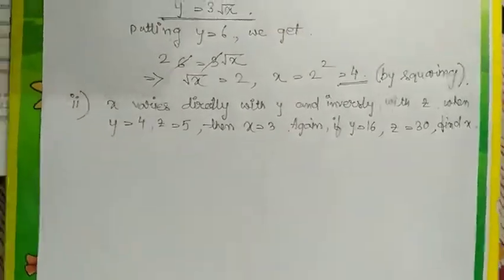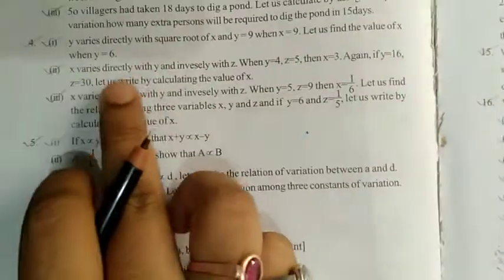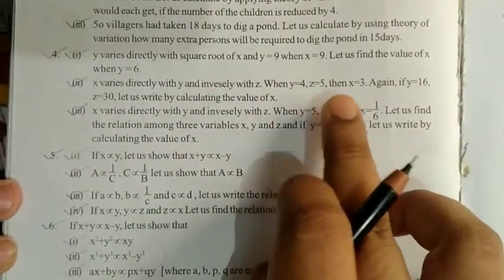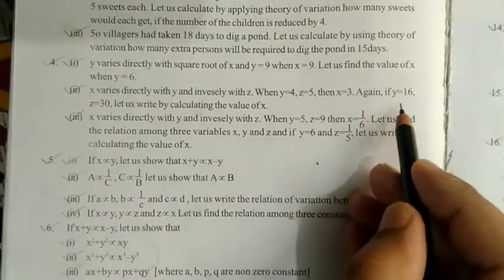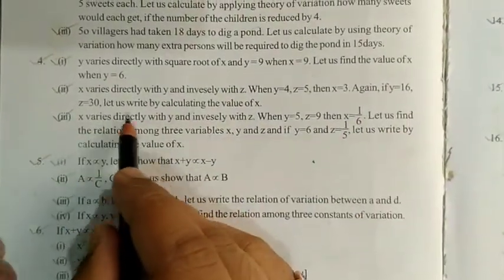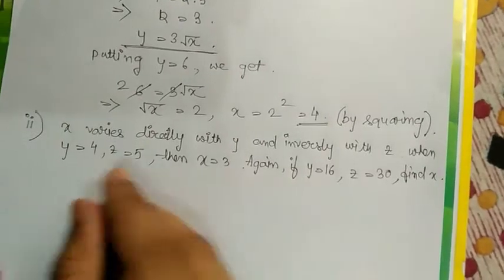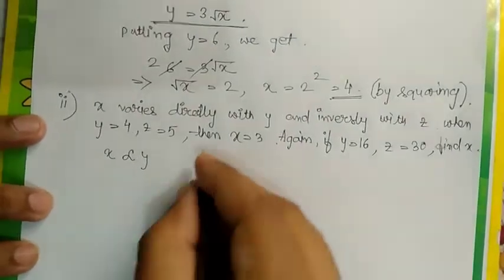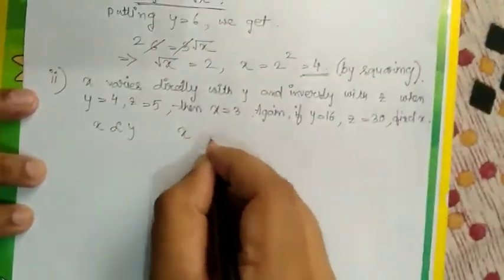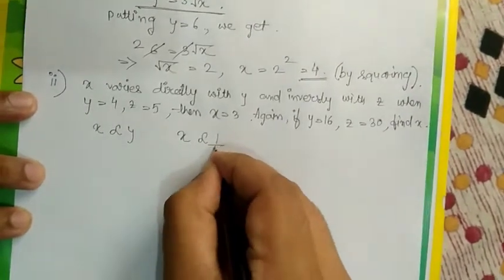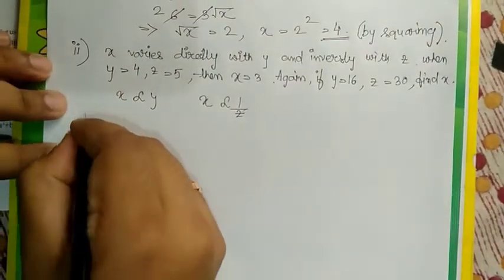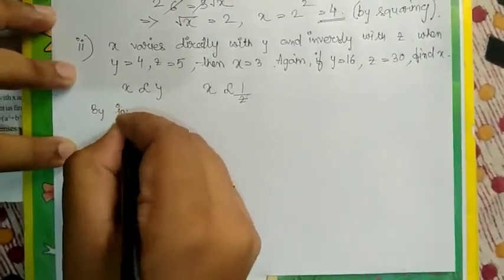This is sum number 2, 4 part 2. X varies directly with y and inversely with z. When y equal to 4, z equal to 5, then x equal to 3. Again, if y equal to 16 and z equal to 30, let us find the value of x by calculating. So first of all, x varies directly with y, therefore x varies as y, and inversely with z. So by combining both of these, by joint variation,